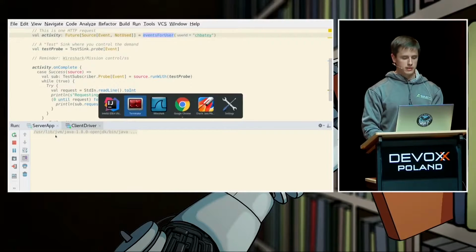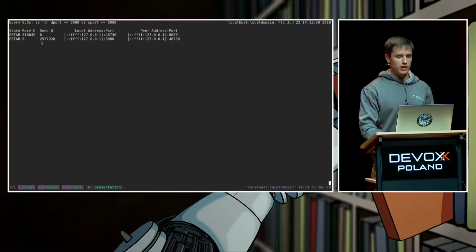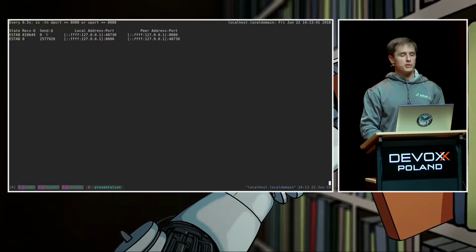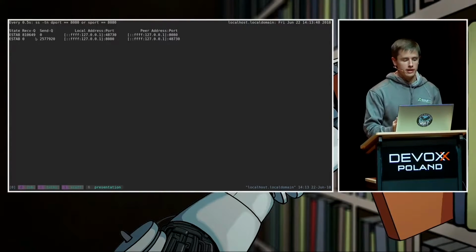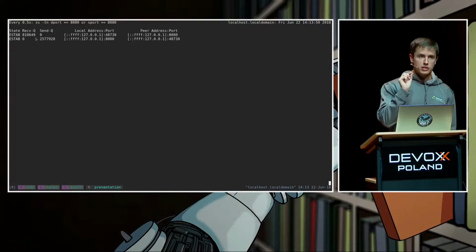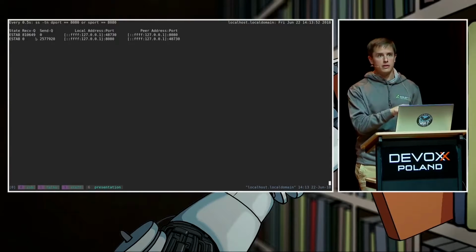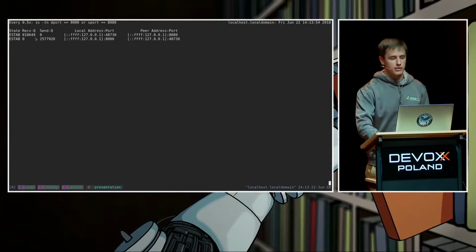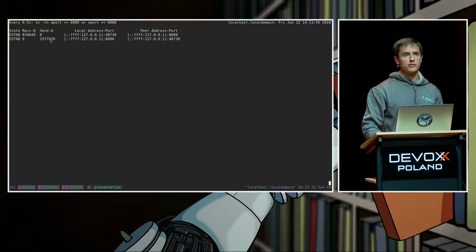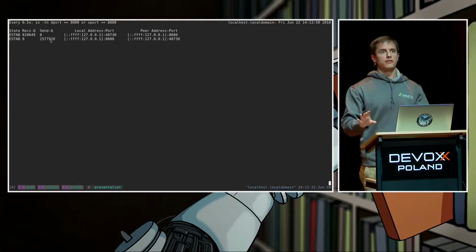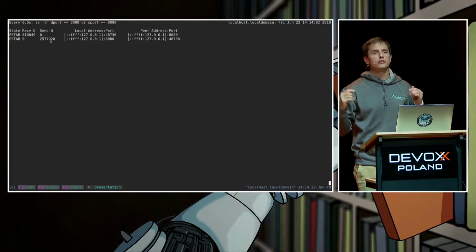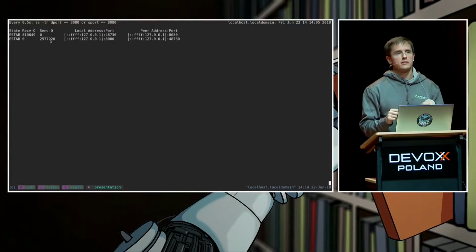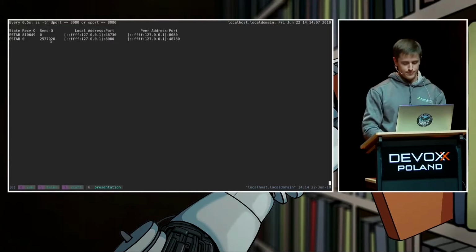So nothing's happened. If we go back here, what we've got, and I wasn't quite quick enough, is the TCP connection established, and we can see it from both sides, because the client and the server are running here. And then the receive buffer of the client is full, and the send buffer of the server, which is this one at the bottom, is also full. So we have done some stuff. The Akka HTTP server and the Akka HTTP client were allowed to do things until the operating system said, nope, the TCP buffers were full.